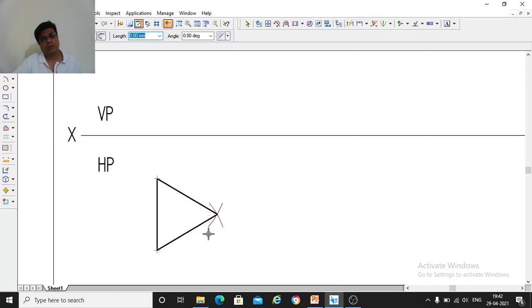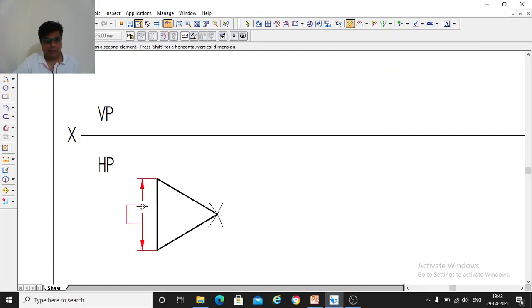Once you have drawn the shape of the plane equilateral triangle, the next thing is you should give the dimension. As I told you, you should give the dimension to any one edge, because all the three sides are of the same dimension. And again, the dimension line should be thin and light, so you can leave a small gap here and give the dimension 25 mm. When you give the dimension, the next step is you should name the corners.